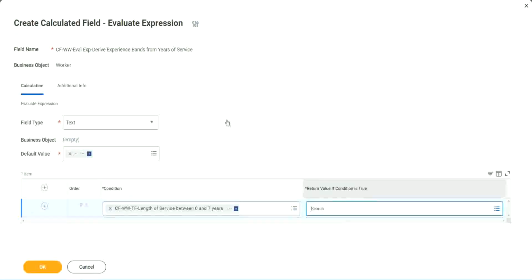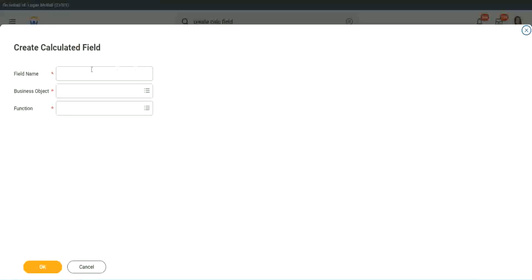Let's click on that and say create calculated field. So we will call it CF text constant. Amateur. And we have to also put a W, right. So business object. Now you have two options to store the business object. One is, you can use worker, of course, like the rest of the worker-related objects, or you can use